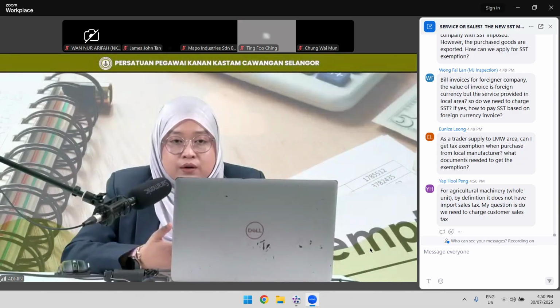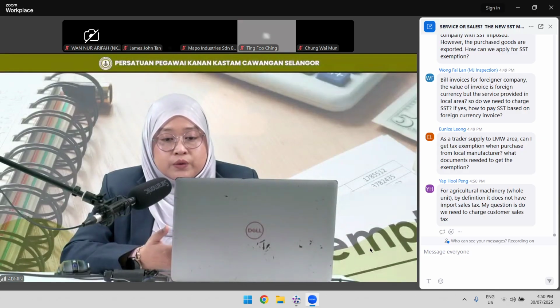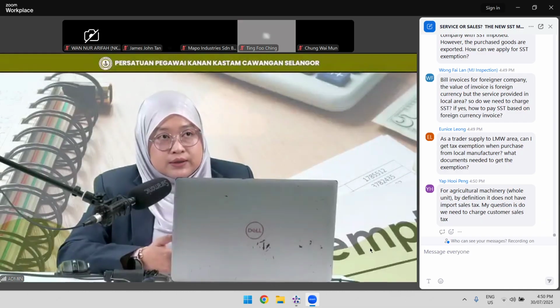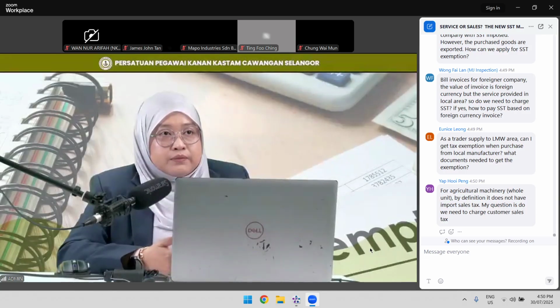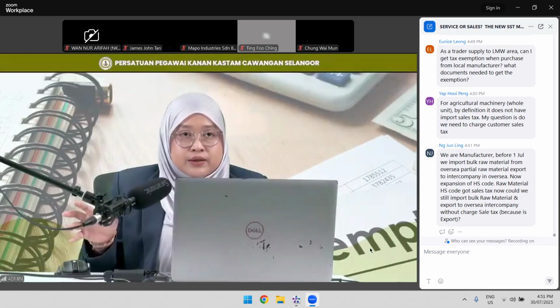If you breach any condition of the exemption, one method for you to pay is using the SST ADM. For example, you use the item under Schedule C item 1 and you already purchase your imported raw material or component using the item in item 1 Schedule C,